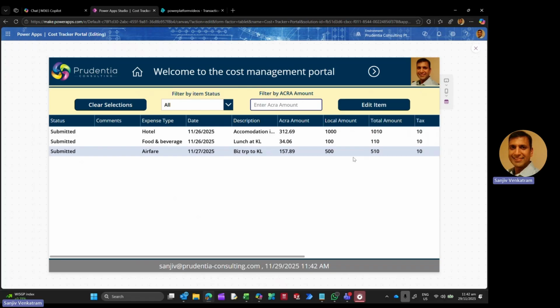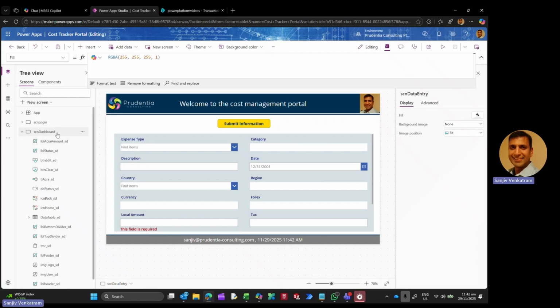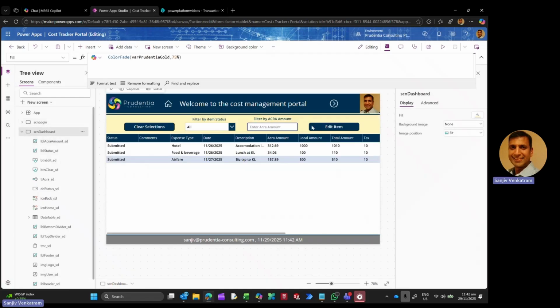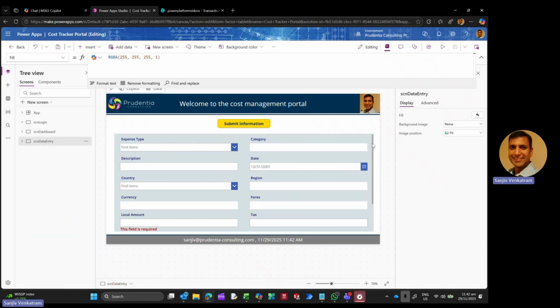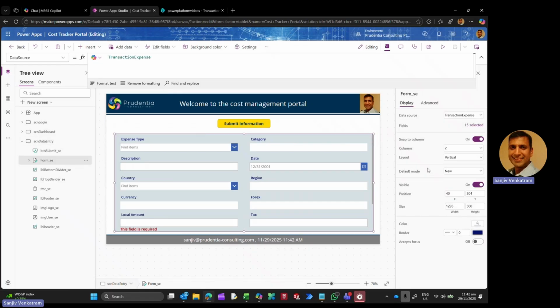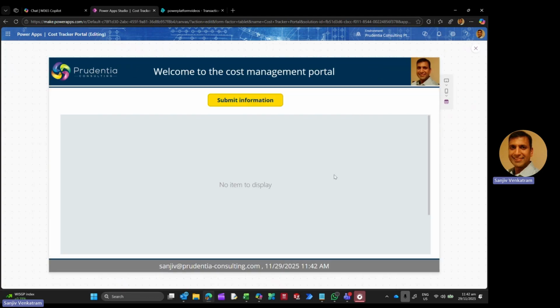Now, I'm actually ready to, let us say, edit this item, the third one, right? If I were to go to edit item here, this should go away, and it should, I don't know if I put the edit form here. Let me go back to the dashboard. Edit form underscore SE, and navigate over to screen. Let me go to the form here, and I'm going to make this edit. So that's what it is, okay? If I go to dashboard, and if I say edit,